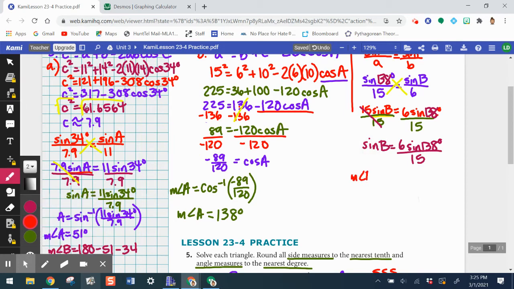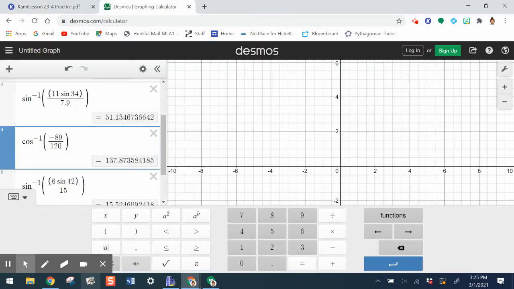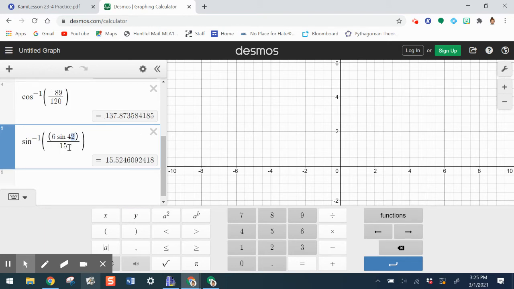So I'll say the measure of angle B is equal to the sine inverse of 6 times the sine of 138 degrees over 15. So let's find the measure of angle B now that we have the correct angle measure for A. So I'm going to go in and just simply change 42. Nice thing about a graphing calculator is it holds our work, to 138. And we get